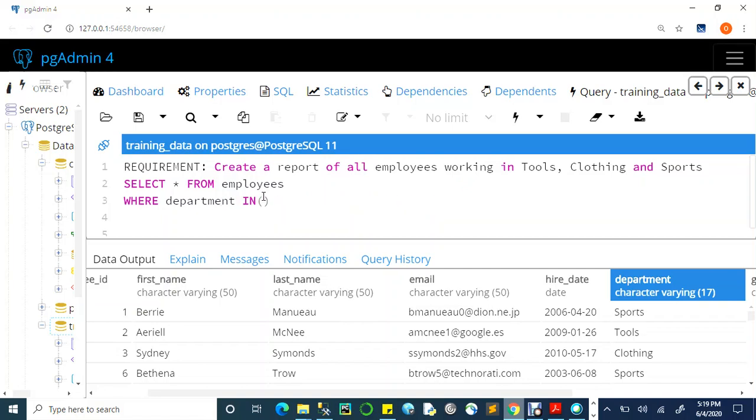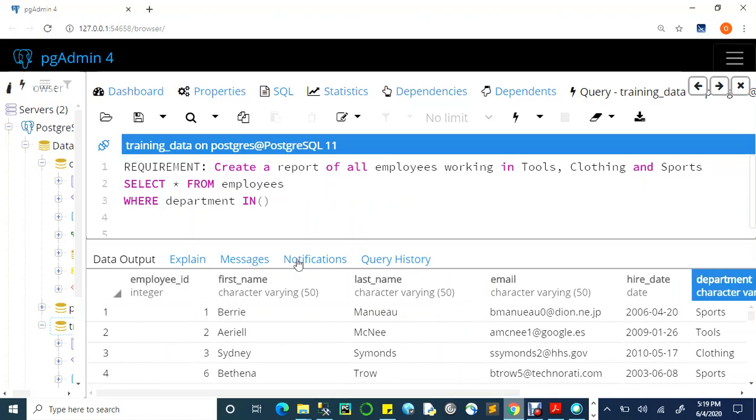So we can remove all this and say let me show you employee ID. We can say where employee ID in one, two, three, like that. Or we could do where first name, for instance, and also do where first name